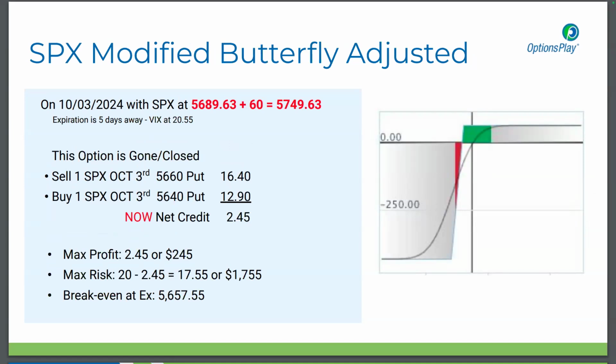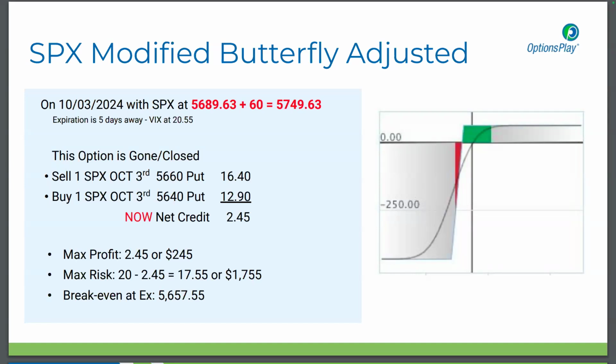Mario, this adjustment works for all three of the butterflies. It does, but obviously it changes a lot of things. I like it for this one the most, but on a standard butterfly, it works fine too. Yeah, not necessarily a delta. Not really. I'm looking just at the width. If you can go wider, you go wider. It's all about the risk you're willing to take after.